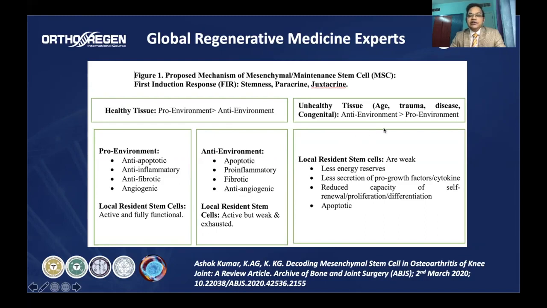Then we need to understand two things. We have the local resident stem cell. In our body, we know that the lining of our intestine and the skin epidermis are renewed constantly, every few weeks. So who is doing this work? This is being done by local resident stem cells, which are not there only in the skin or the intestine. They are also in different organs and body parts.